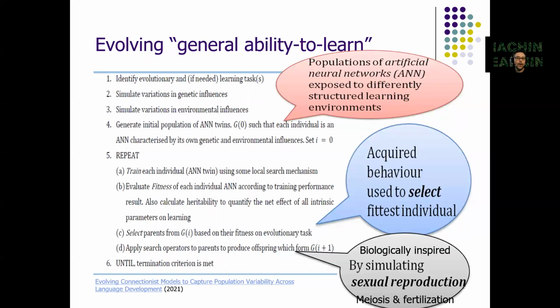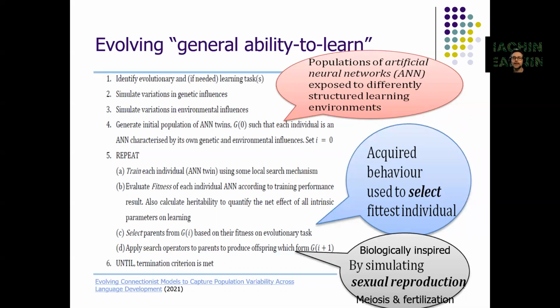This is an example of an algorithm which follows this kind of idea. It actually builds on the concept of hybrid GA that I introduced in the previous lecture, because what it does is use genetic algorithms to evolve architectural parameters and parameters of the learning algorithm of the members of the neural networks, but it uses local search when it comes to training the particular member